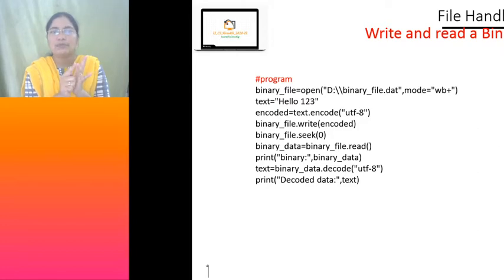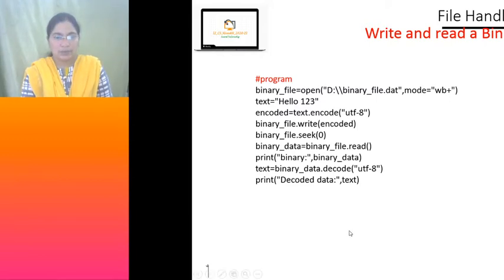B is for binary. B is suffixed for read and write, to indicate it as a binary file. Okay, so now if you want to create a binary file, we have to specify which encoding, which mode. When you write a binary file in that encoding and retrieve it in the same encoding, you can retrieve it as it is.